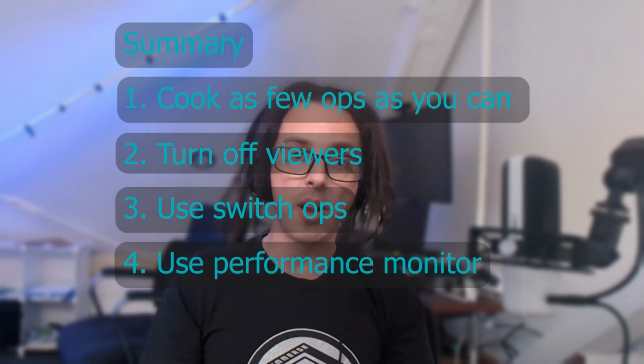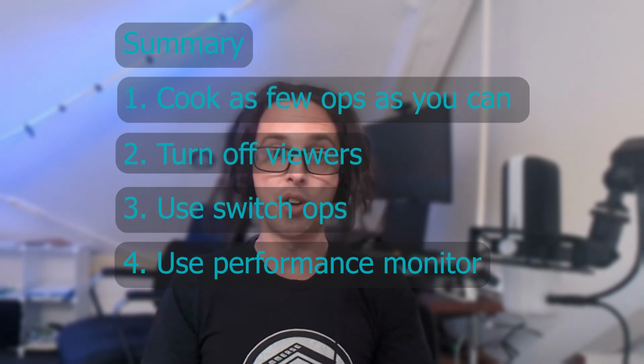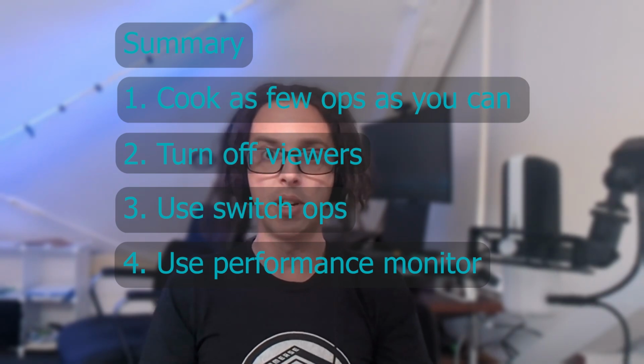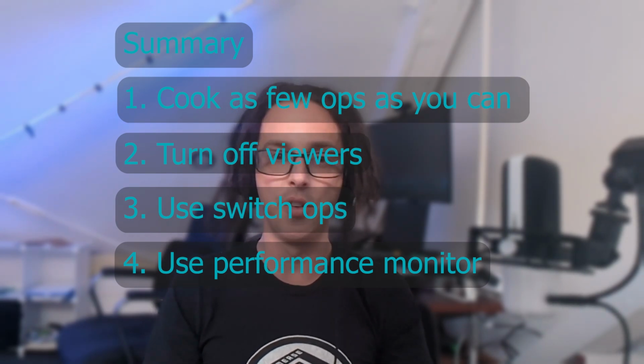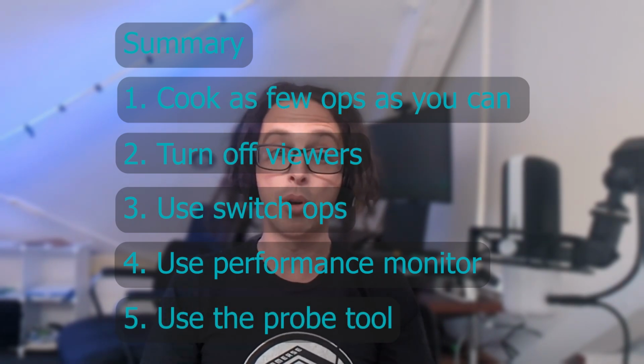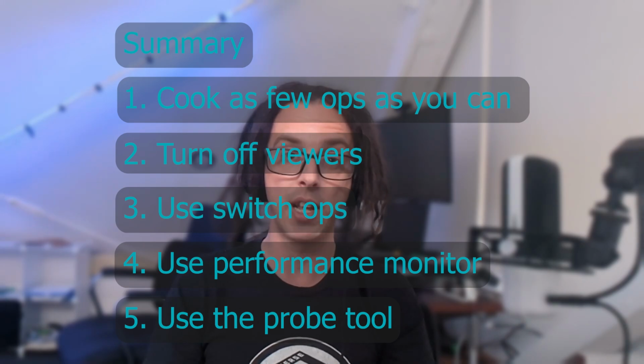The performance monitor gives you an overview of the whole project and how long each operator took. But there's also some stuff in there that isn't tied to a particular operator and is more under the hood of how TouchDesigner works in general. And finally, the probe tool is a good way to visualize the activity going on in a particular component and